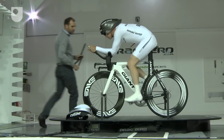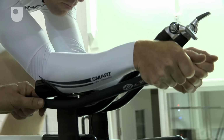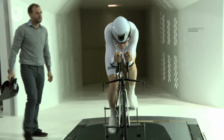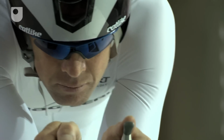Tests on the effects of these forces and how to improve the performance of bike and rider as a single unit have, in recent years, been performed in the controlled environment of a wind tunnel. In the wind tunnel, basically, you put your bike and the rider, who can be a real rider or a mannequin, in a wind tunnel, so you have wind flowing, and basically you put that whole thing on a scale,